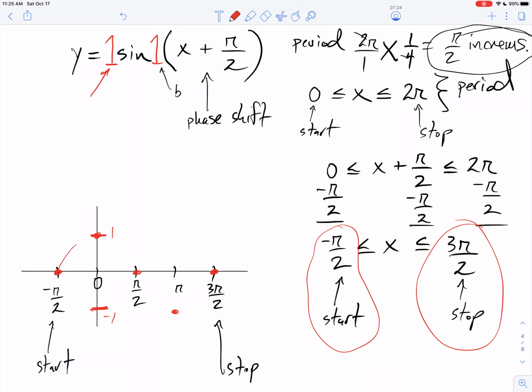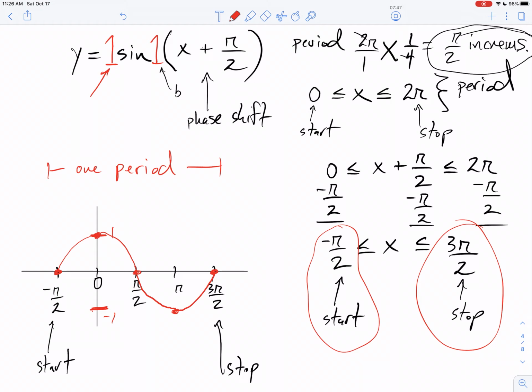And here we go. I'm going to try my best to draw this smoothly. I always wobble on the downside. Oops, I missed that one. Come on, I can do a little better than that. Okay, there we go. That is one period